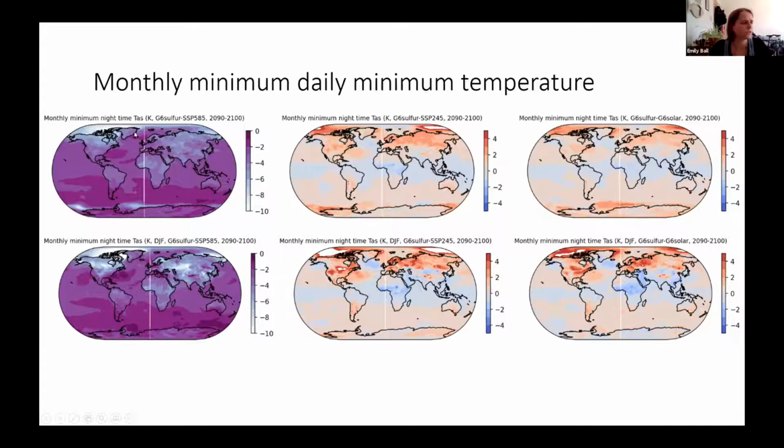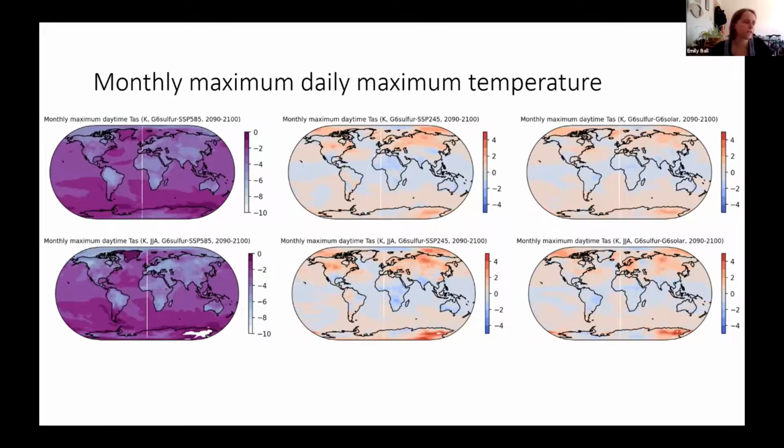And we've also looked at the seasonality of these effects. So this top row is looking at the annual mean of the monthly minimum, and then in the bottom row we're looking at the DJF mean of the monthly minimum. And so there's more of a seasonal effect in the high latitudes here. So we've also done the same thing with monthly maximum, daily maximum temperatures,